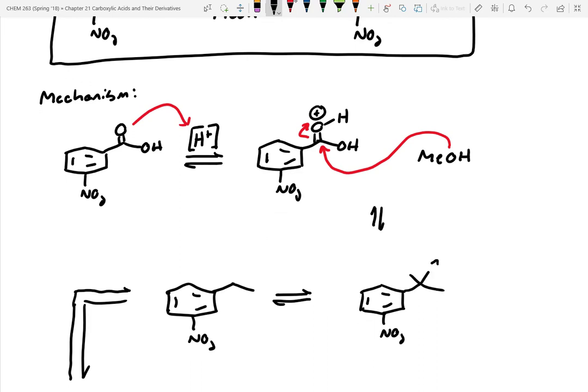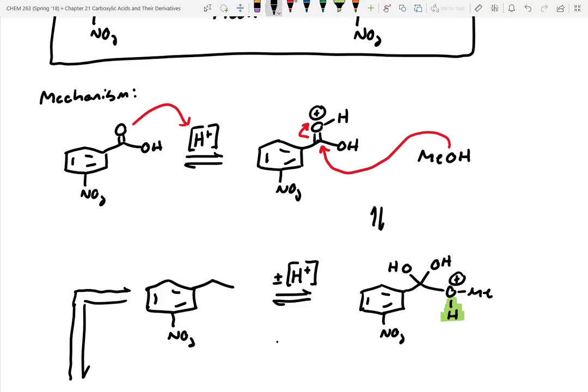Now we've got two alcohols here and here. And then over here we've got our methyl group. And then we still have that proton off of the methanol. However, we can deprotonate it. I'm just going to shorthand this and do a proton transfer. And just write plus or minus H plus. And I'm going to move this proton coming off the methanol over to one of those alcohols. Let me actually slide this over a smidge. Okay, so now that we've done that,